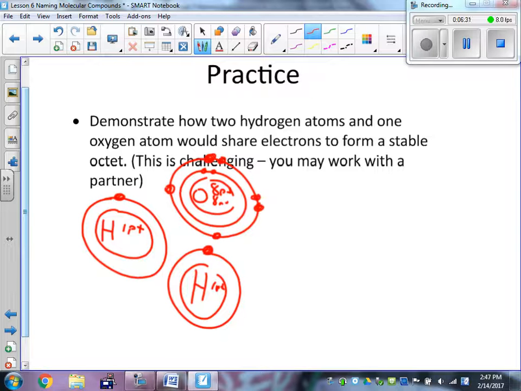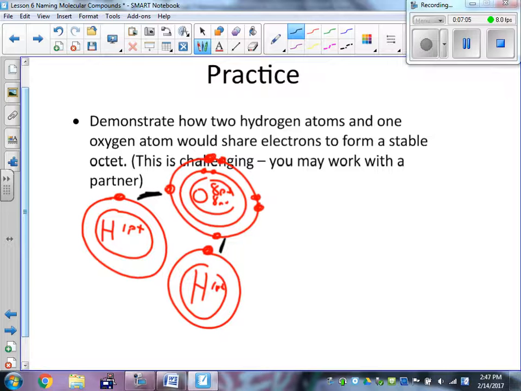How do you think those share? Do you see some sharing going on? Yeah, look. Maybe these two could share between them, yeah? I could share those, and I could probably share these here, yeah? And that's actually what water kind of looks like. It's got this bent shape to it. They would share those electrons between the two of them. So hydrogen would be sharing with oxygen, and oxygen would be sharing with hydrogen there, and they'd be sharing those